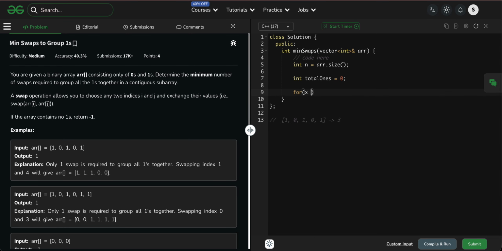For int x in array, if x is equal to 1, then total ones plus plus, correct.